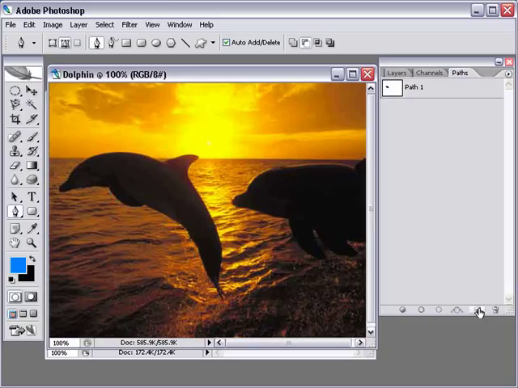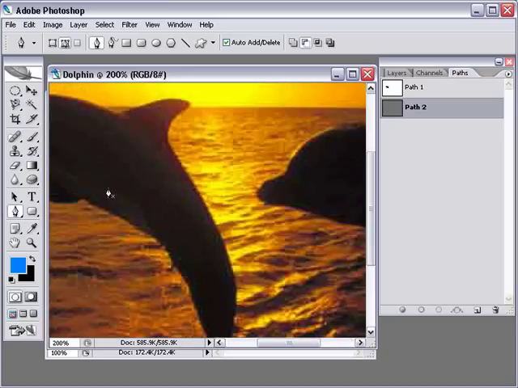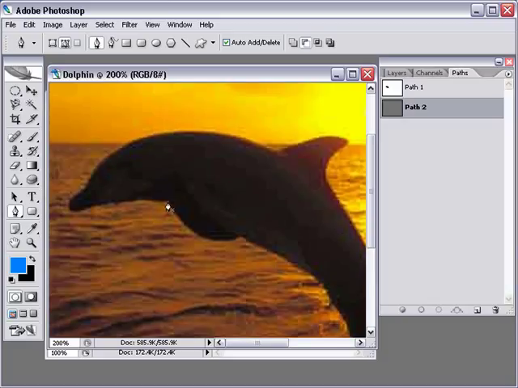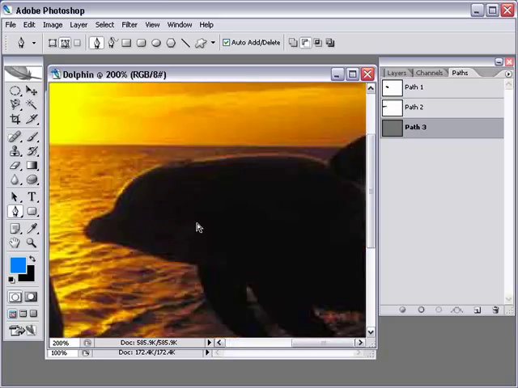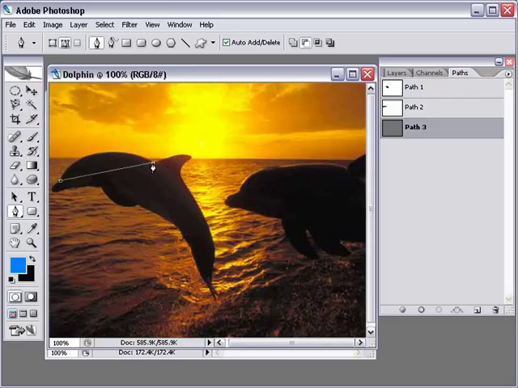Now I'm going to create another new path because I don't want to trace the entire outline in one shot. I want to do this in several shots. So I'm going to zoom in a little bit here, and I'm going to create another path for the front of the dolphin and the nose here. Go around the front. That'll be the next path. Click the Create New Path button, and now let's create one that goes all the way around the top front of the dolphin here. Whoops, let's zoom back out. Goes around the front of the dolphin here,